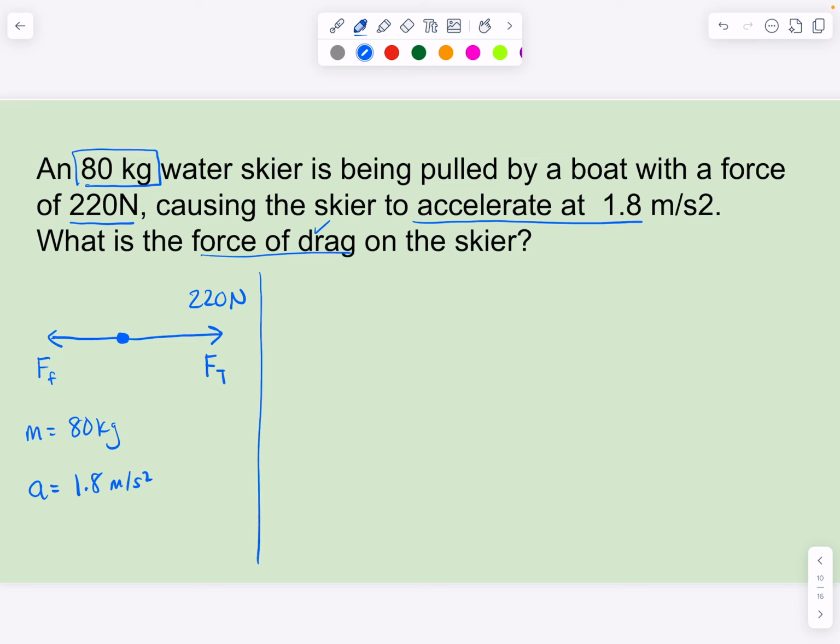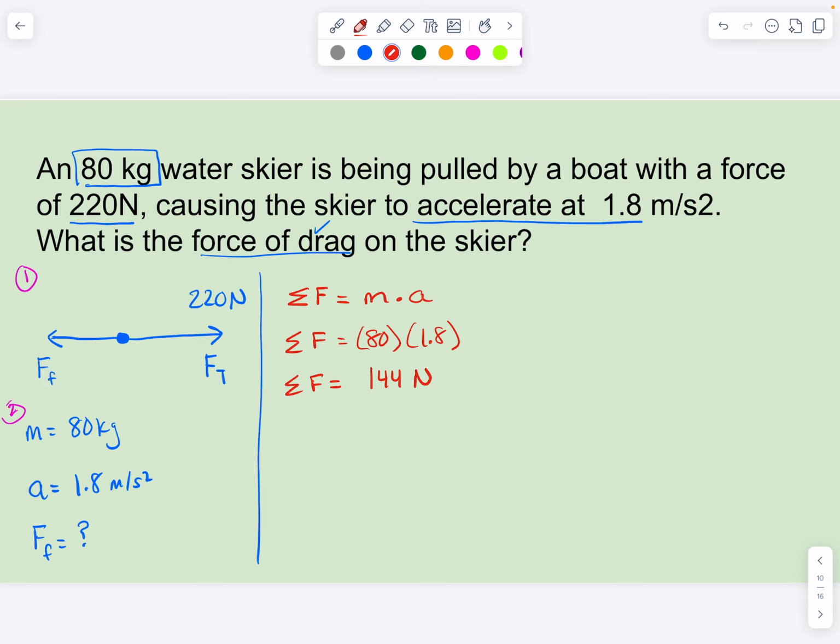So once again, we have our free body diagram. We have our known entities here. I should also make note of what I am trying to find out: my force of friction. So as we solve this, to begin once again, let's find the net force. Net force is found by doing sigma F for net force equals the mass of the object, which in this case is the skier, times the acceleration of the object. So our net force is going to be equal to 80 kilograms times 1.8 meters per second squared, meaning that our net force is going to have a value in this case of